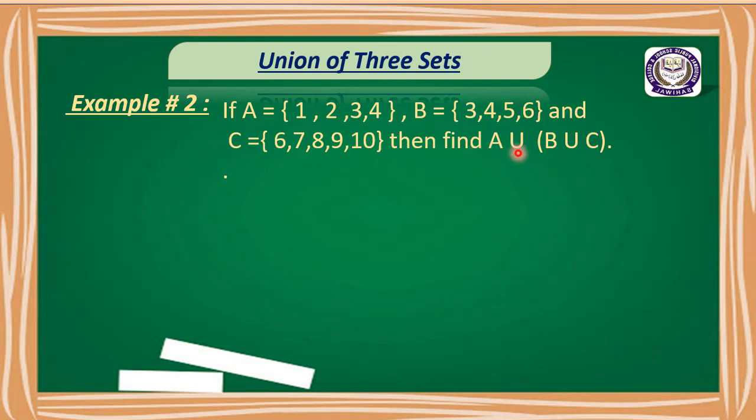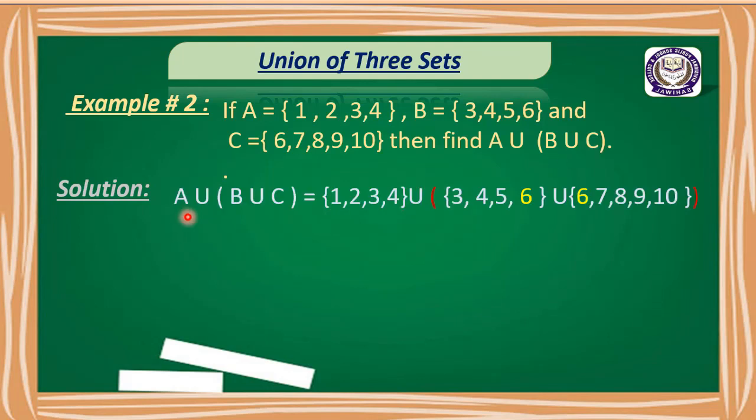आपने मालूम क्या करना है? A union bracket B union C. And how can we find it? We will find it as A union bracket B union C. सबसे पहले हम A set लिखेंगे, फिर union, फिर हम small bracket, फिर हम आगे सेट B एंड देन यूनियन सेट C. फर्स्ट ऑफ ऑल बच्चों आपने सेट B और सेट C का यूनियन लेना है. ओके, देखिए हमने जब सेट B और सेट C का यूनियन लिया हमारे पास क्या सेट आया है?